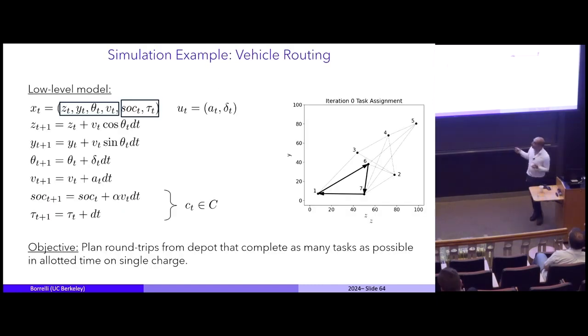This is a 6-stage system. You have motion, and one vehicle, two states, state of charge and time. The motion is nonlinear. The state of charge and time are integral dynamics. You see the state of charge is a function of your speed, okay? And you start with